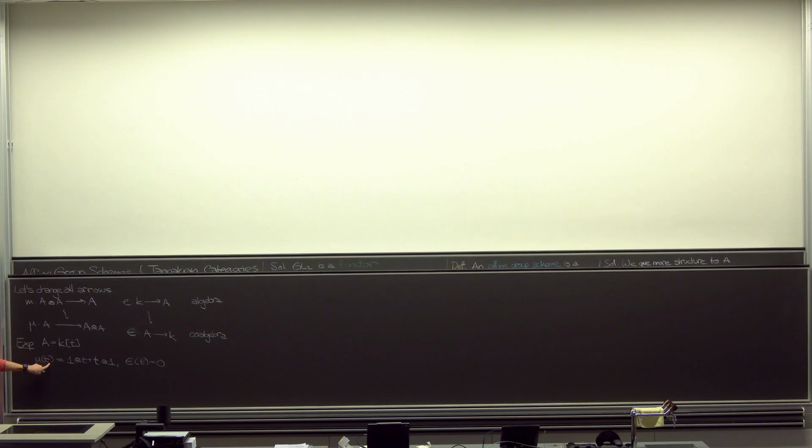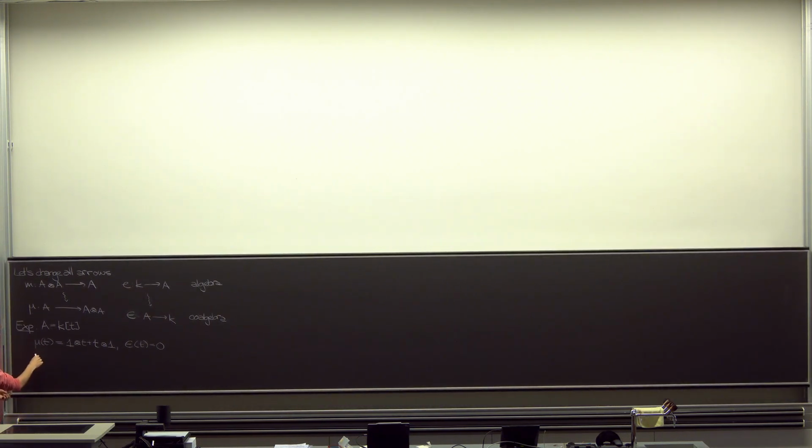The reason why I only have to declare where t is going is because t generates A as a K-algebra. So this map is already fully defined. But another example that I have, which is also very interesting, is what if we look at the